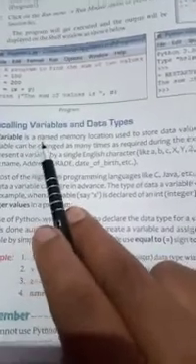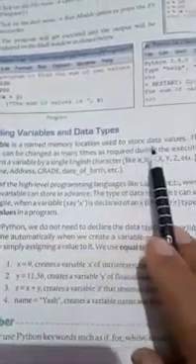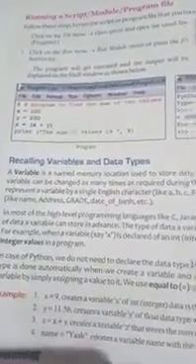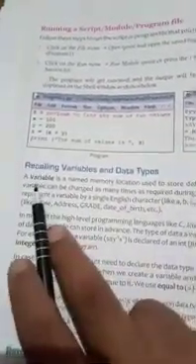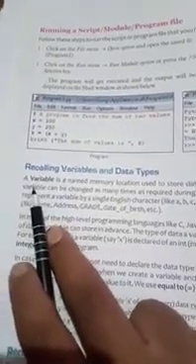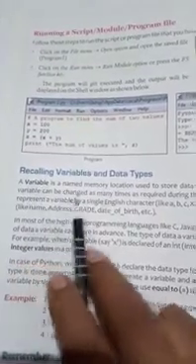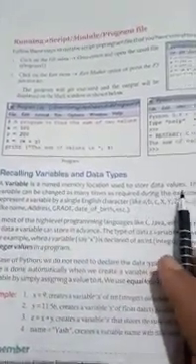Okay, so we start. A variable is a named memory location used to store data values. So what is a variable? That is a name. Variable means things which can be changed according to time. Gradually the things will change. It is known as a variable. In mathematics, all of you also learn about a variable. A variable is a named memory location used to store data values. The data value stored in a variable can be changed as many times as required during the execution of a program.